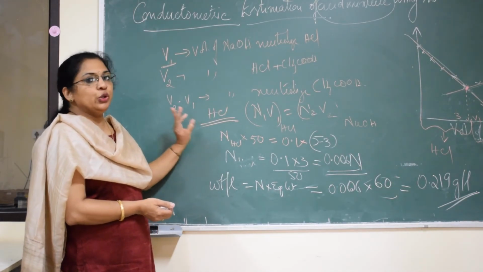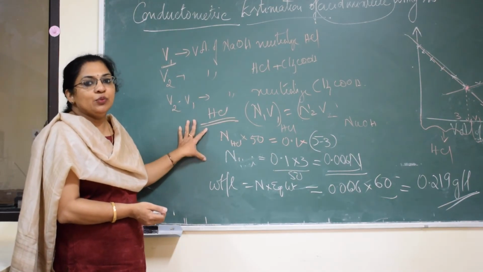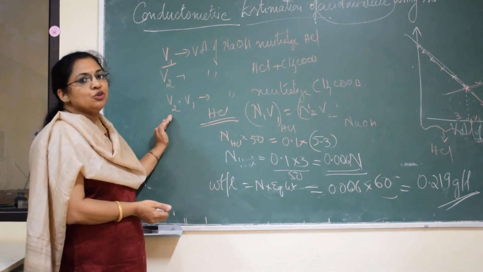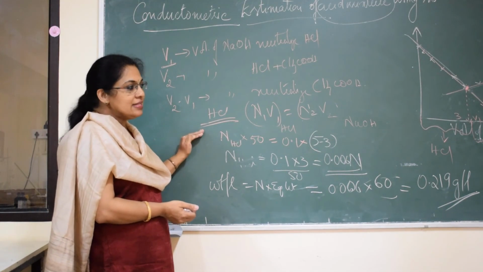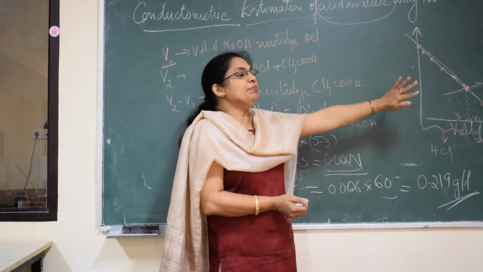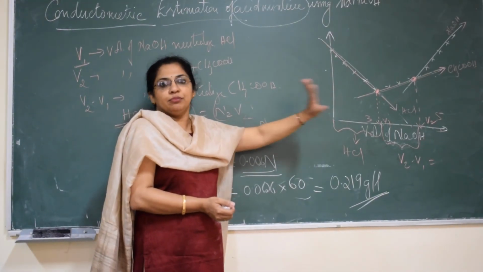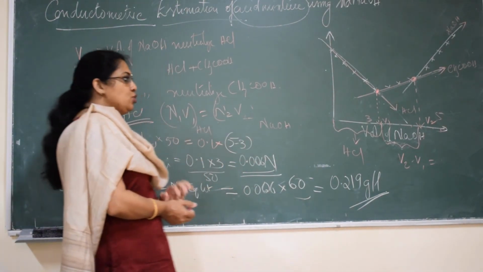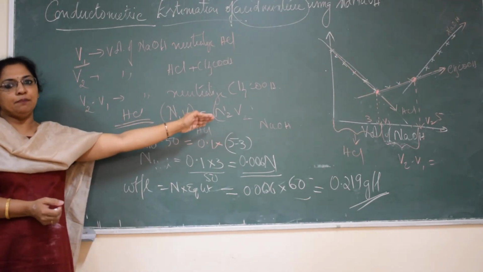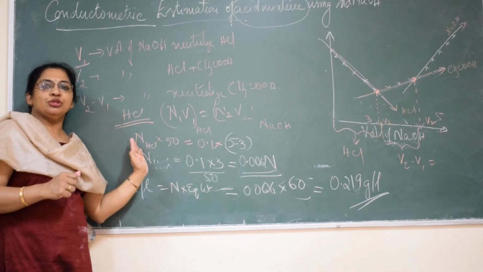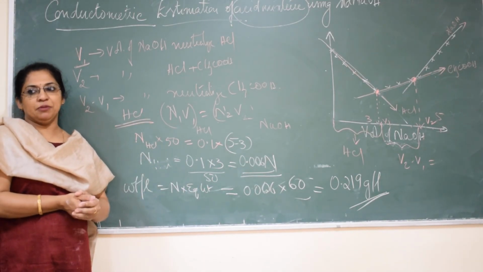Clear? This is how you find the weight of both hydrochloric acid and acetic acid in the given acid mixture by conductometric estimation. It's a purely instrumental analysis where you measure conductance and find the endpoint from the graph. So once you have done the experiment, go for plotting the graph. From the graph you get the endpoint. Once you get the endpoint, you can come to the calculation part and find the weight per liter. Okay, that's about the experiment. Thank you.